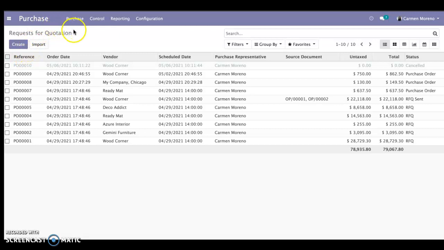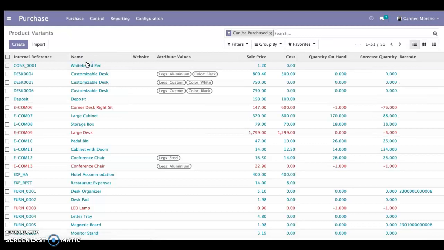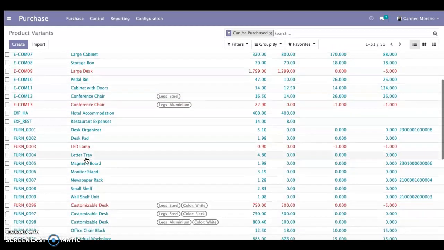Now we will first check our inventory, so we will go to purchase, product variants. And here we see all the products that we have and how much we have in our inventory and on hand. So today we will be buying more desk organizers and more desk pads since we have 0 on hand. So now we will go back to purchase,